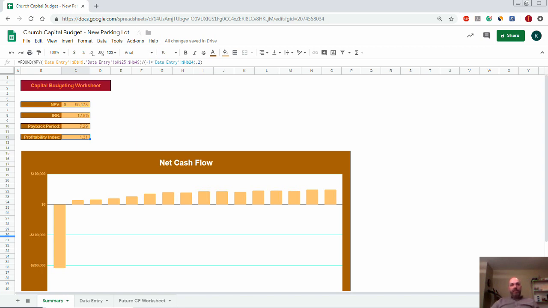So anyhow, you can see obviously here we have all of our figures for the church parking lot, and everything looks pretty good. The NPV is a nice positive amount, $65,000. That's nothing to sneeze at, particularly for this small church example that I'm using here. Payback period's a little long, about half of the total project's life, but palatable. Internal rate of return, of course, is above our hurdle rate by about 50%, but profitability index, it's hard to say, well, this is good or bad,